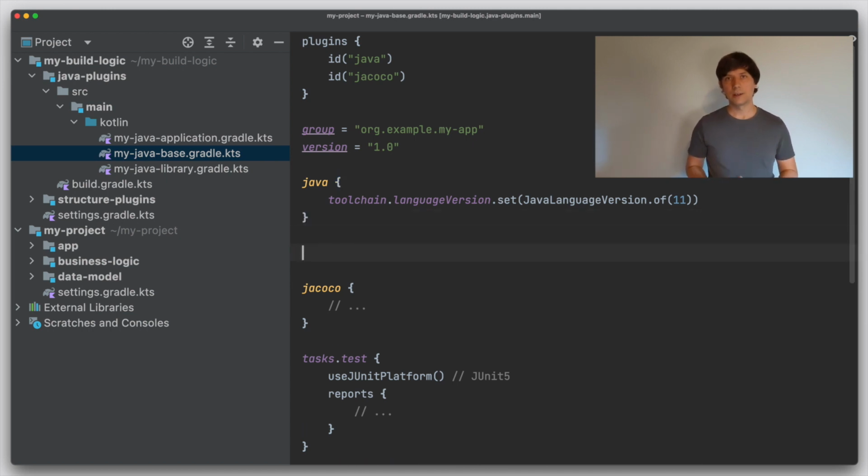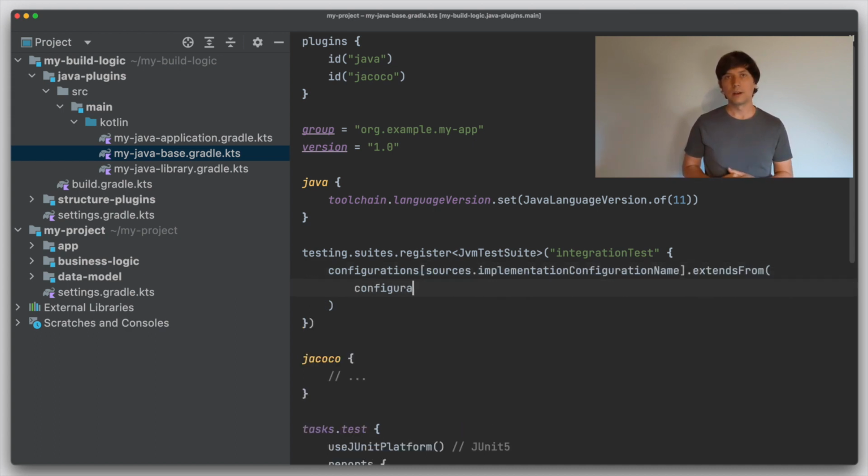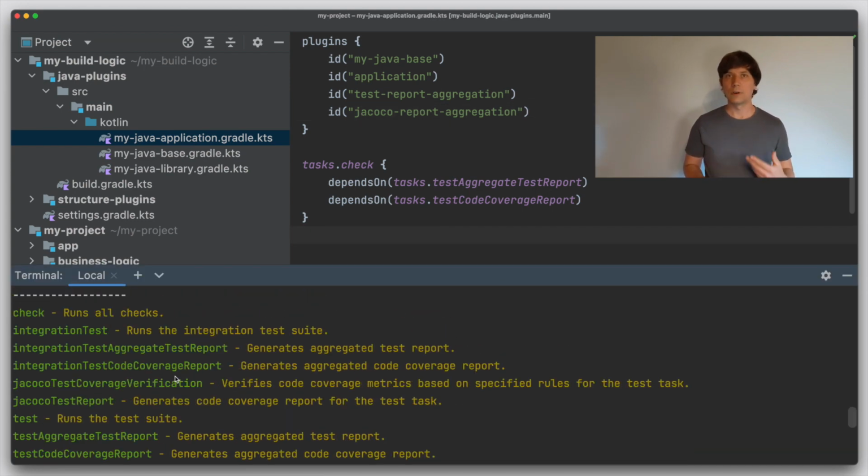In the configuring testing video, we used integration test as an example of an additional source set or an additional test suite. So for example, if we would configure an integration test source set with the corresponding integration test suite in our base convention plugin like this, then we would get an additional aggregation task in the app project for integration test reporting.